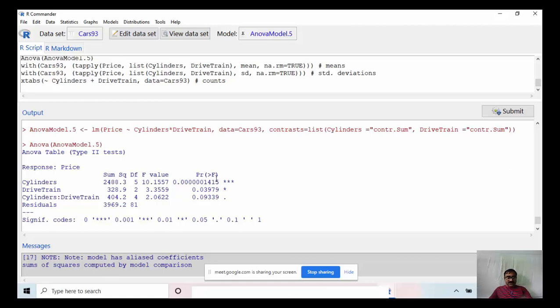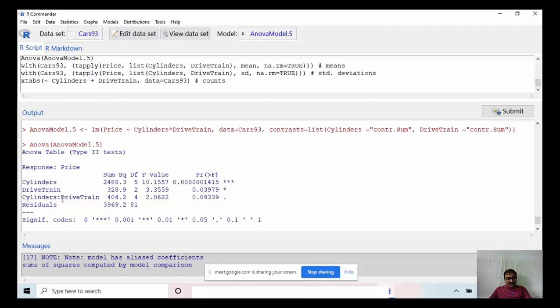So what will be our conclusion? The price of the cars does not vary much for the cylinders and for the drive train. For the interaction, the value is 0.03, less than 0.05.